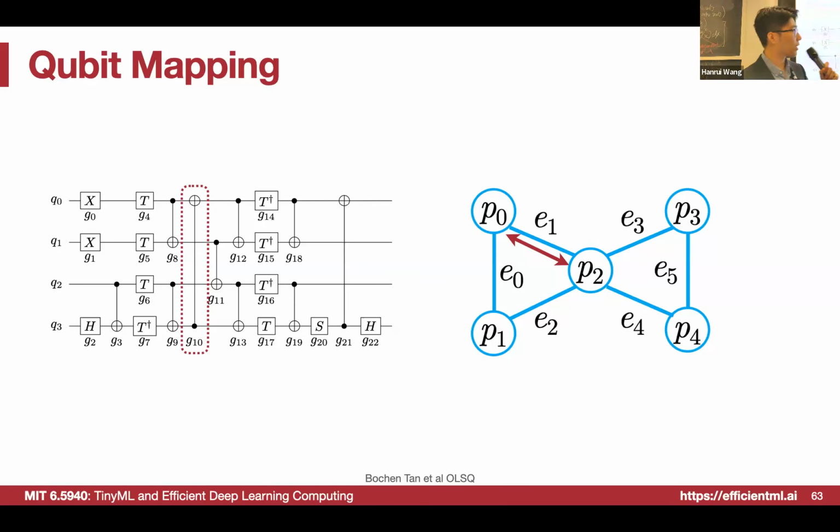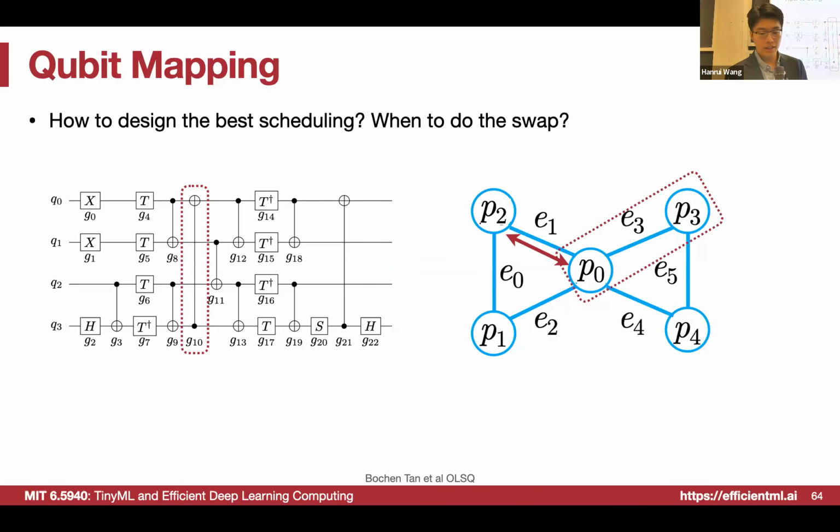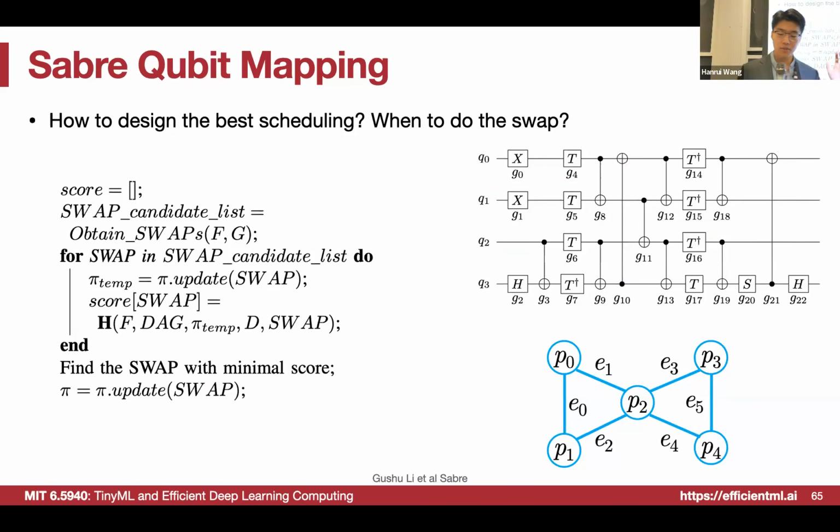So how can we do this calculation? One way is that we can do a swap, like swap the information between P0 and P1 using this gate, right? The swap means that after this, the information on qubit 0 will be on qubit 2, and then qubit 2 will become qubit 0. So that's just like a physical, or logical information-wise swap between those 2 qubits. And then we can do the desired gate between Q0 and Q3, because we already have the direct connection between them, right?